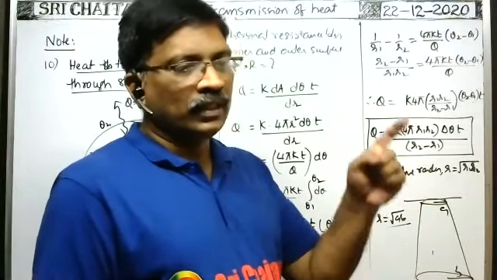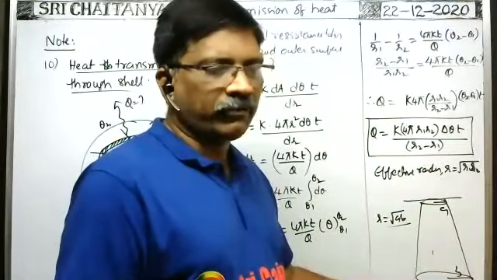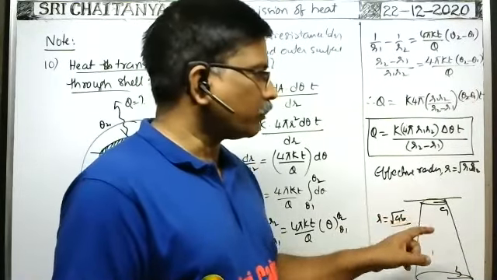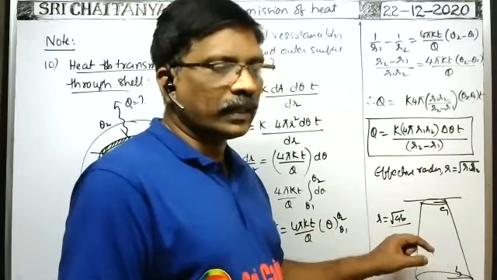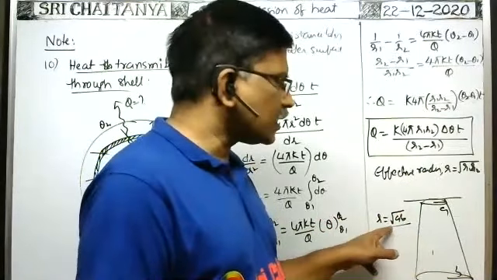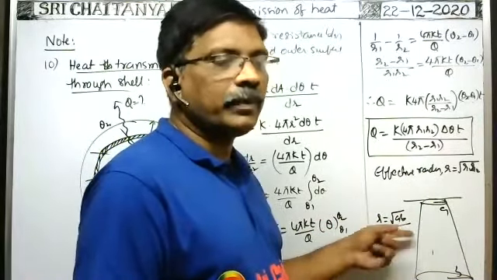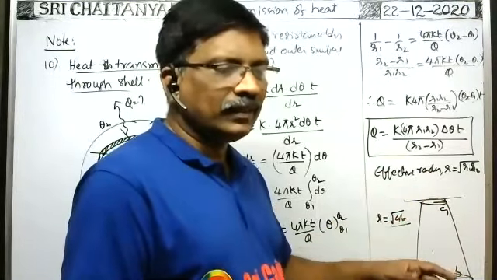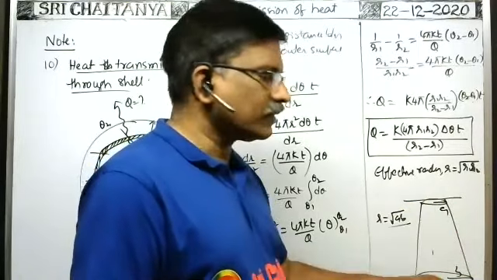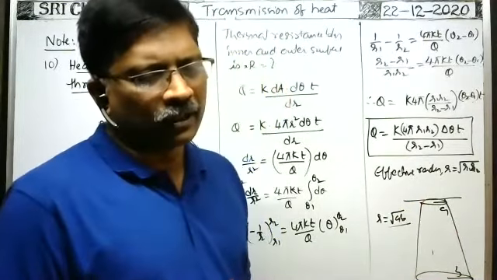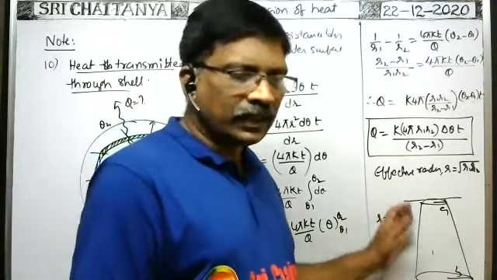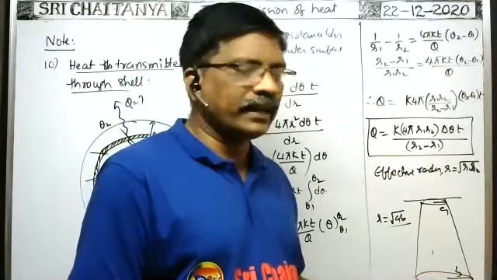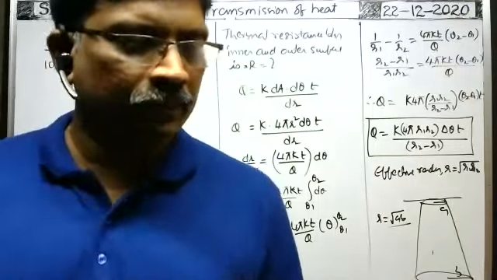Young's modulus Y is equal to F by A over e by L. F means the load suspended, the weight mg, by the area of cross section, pi r square, because it is a cylinder. Pi into R, the effective radius, you substitute. R square means AB only, you will get. e by L means elongation by this length. Directly you can substitute and find the elongation of the total wire due to suspension of the load at this point. Okay.